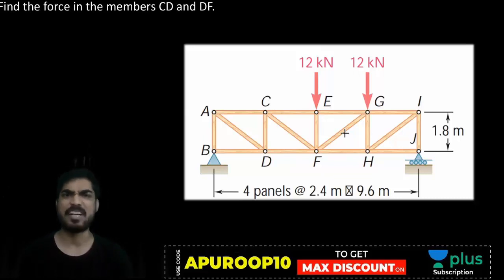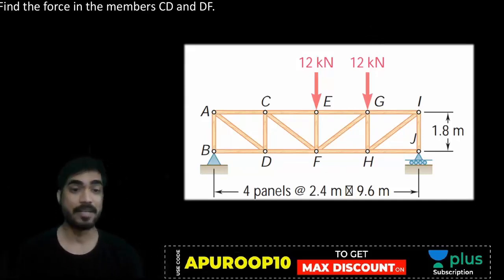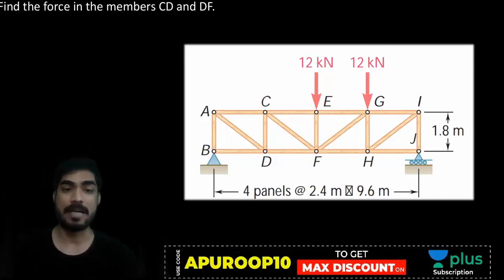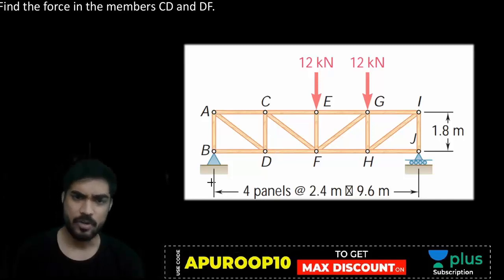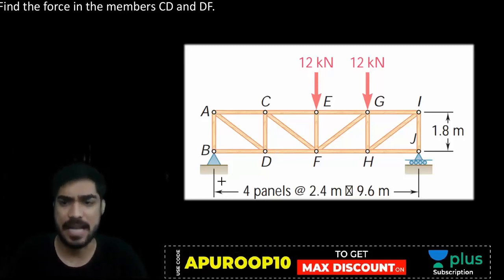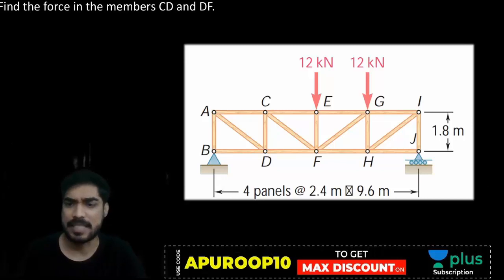If you apply the method of joints, you will have to solve 2-3 joints. So it will become very lengthy. It will be better if you apply the method of sections here. Now my friend, if you cut it using a section, then you need reactions, right? So first let's find out the reactions.